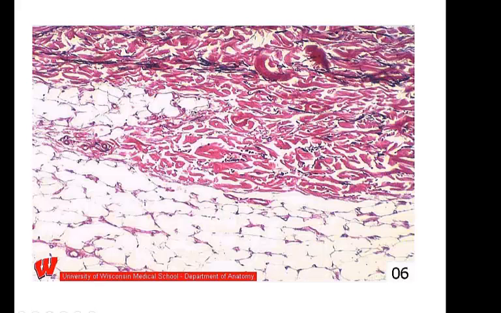And we find this in areas like the dermis of your skin, because your skin has to be pulled in many different directions. And we also find it in joint capsules, like the joint capsule around your shoulder, because you're going to be moving in very many different directions. So those are two locations: the dermis of your skin and the joint capsules. So it has to withstand tension in many different directions. So we would identify it as dense, irregular, and we would classify it as connective